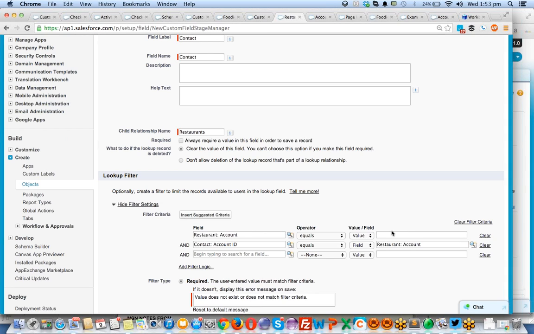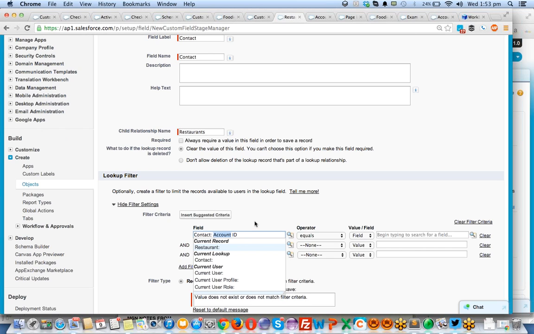Simple scenario. I inserted it. I'm using this clear option, I'm clearing it. Okay, I'm clicking on save. I have kept a simple filter saying, show me only contacts which are related to this account. Show me only the contacts which are equal to the.